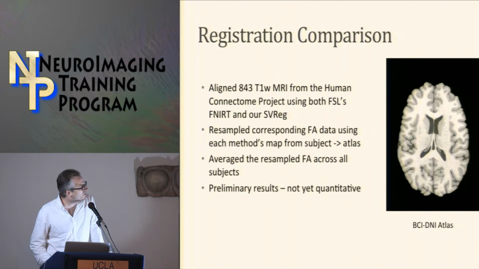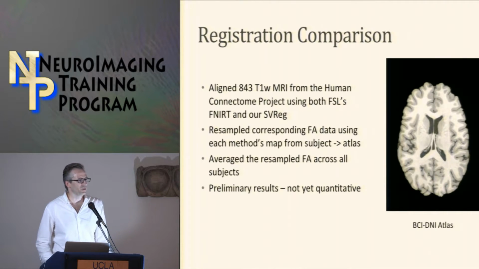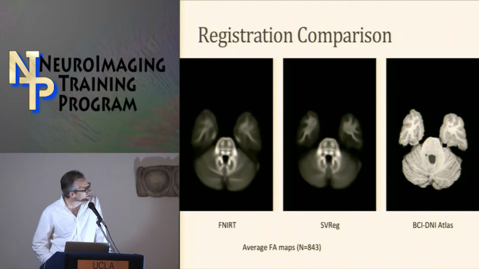So we took 843 subjects from the Human Connectome data set, and we registered those data with both FNIRT and our SVReg tools. And then to look at the correspondence, we thought it would be interesting to look at the FA maps in each subject and see how well those aligned. We remapped the FA using the transformations computed by both software packages, and then we averaged those across the subjects. And so what we see, in this region of the brain,